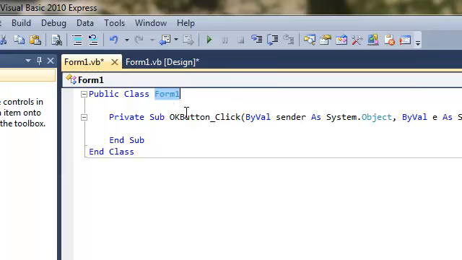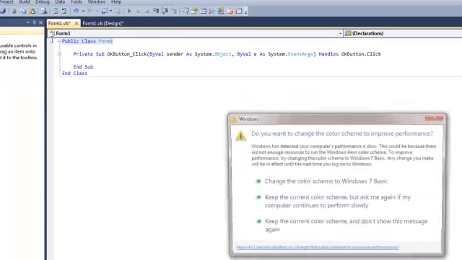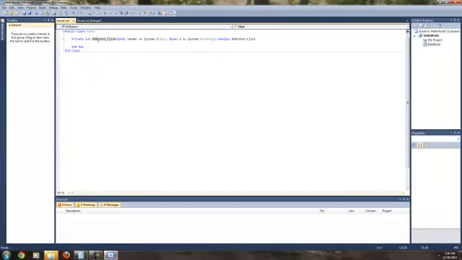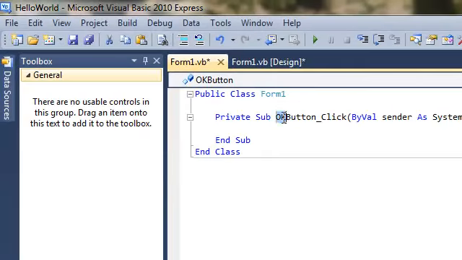It could be called hot dogs. It could be called Super Barney RPG. It doesn't really matter. And end class just means that we're at the bottom of the form, and I need to make sure my color scheme's still good. So, yeah. To make a long story short, because I don't want to confuse you too much here, this OK